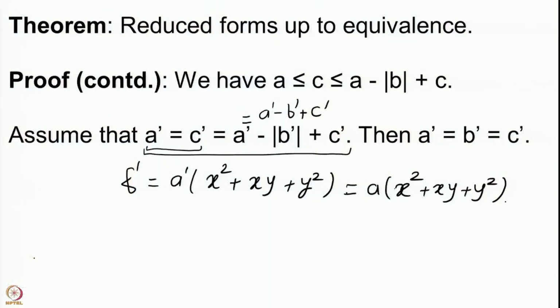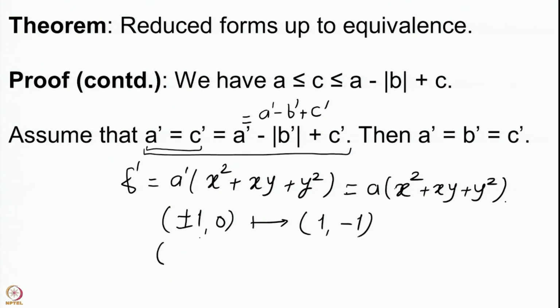By looking at this form x square plus xy plus y square, it is an easy exercise, and it will be in the corresponding assignment to you, that 1 comma minus 1 is the only other possibility, except of course you have minus 1 comma 1. So, this is the final third possibility, that plus minus 1 comma 0 being sent to 1 comma minus 1.